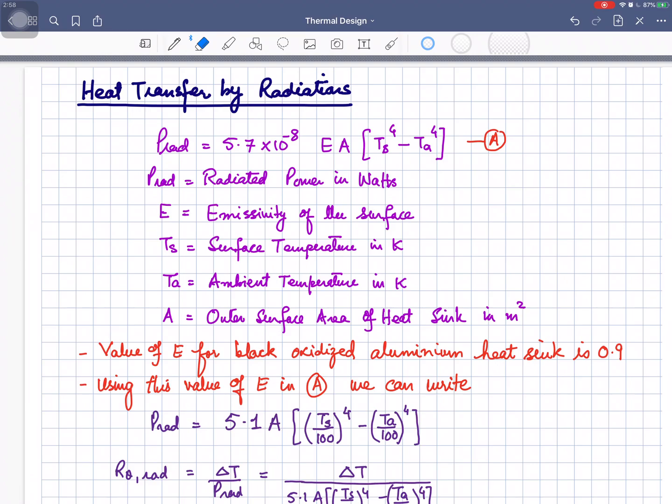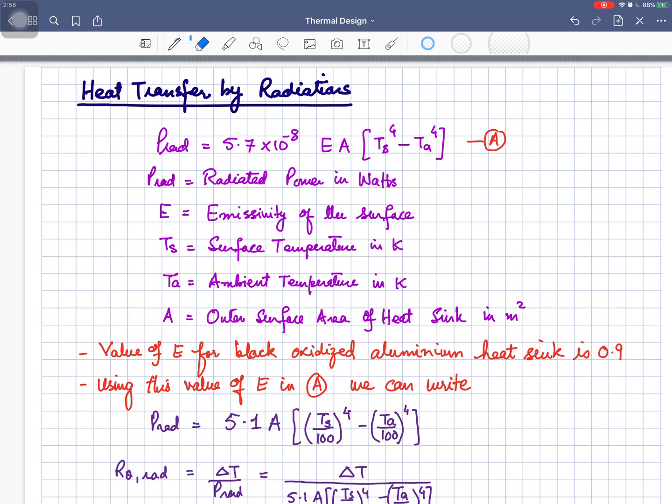In this video we are going to see how we can calculate the heat transfer through different mechanisms. So let's first of all discuss the heat transfer by radiation. The heat transfer through radiation depends upon the area and is given by this expression